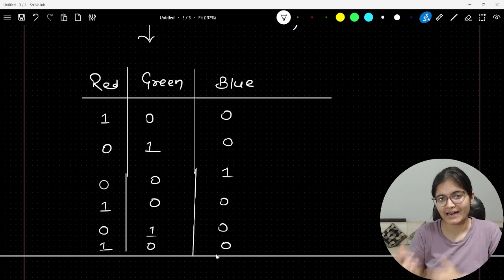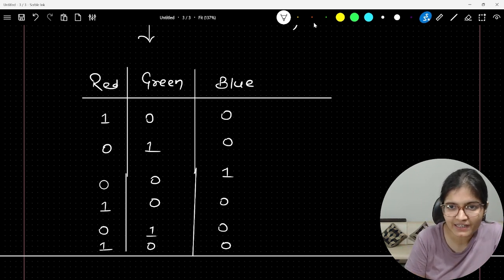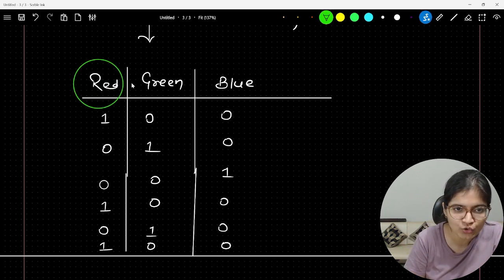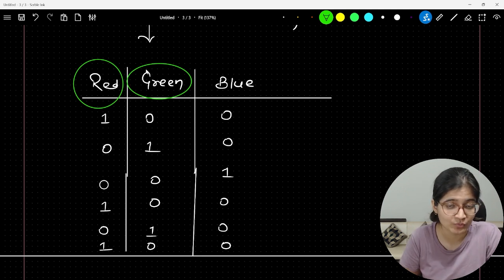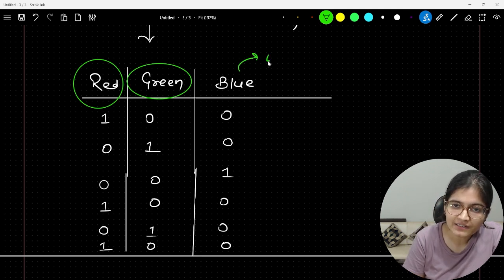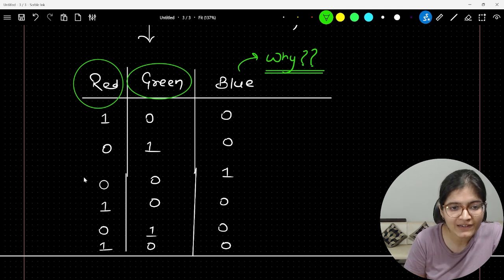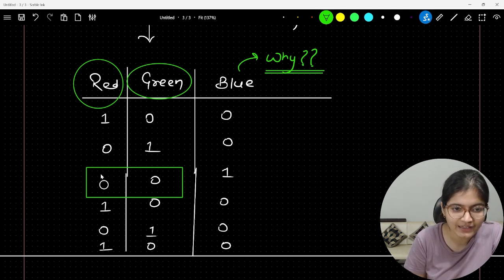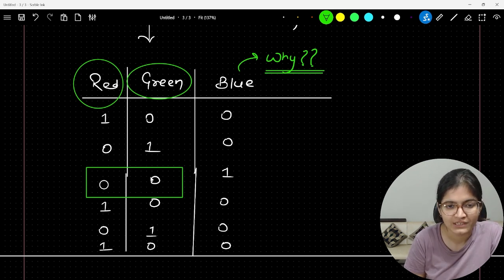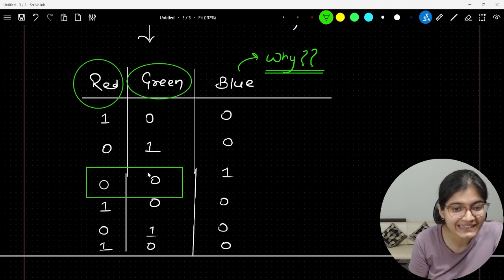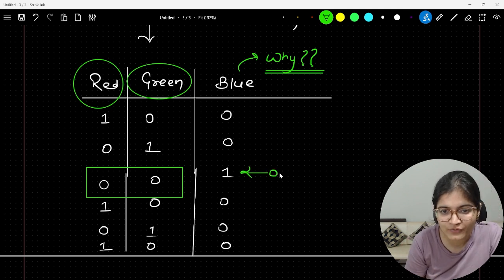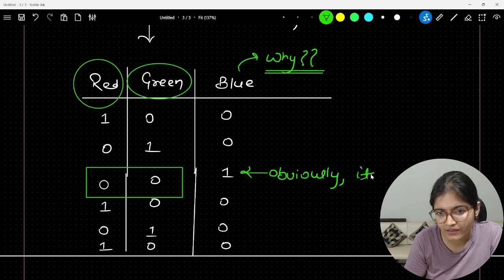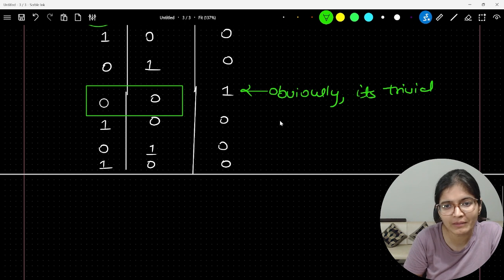Now, dummy variable trap says that if, let's say, you are already having the two columns available, red and green, then why is there a need to create a third column? Because if I am saying red is 0, green is 0, that is indirectly indicating that, obviously, it's very trivial that in that scenario, blue will be 1.